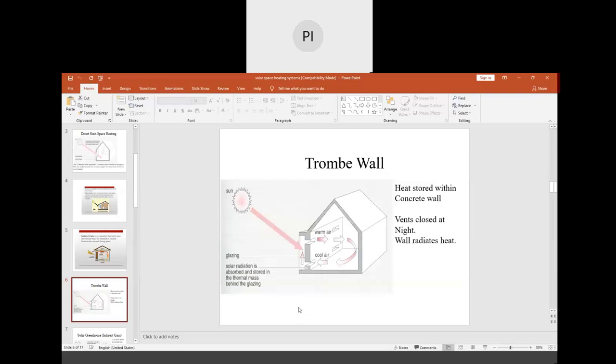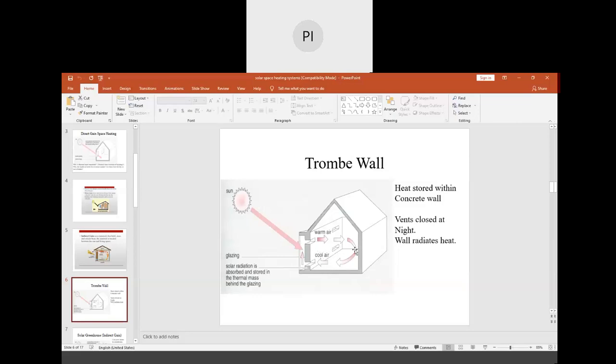Within the concrete wall, we observe that solar radiation is incident on the concrete, absorbed, and stored in a thermal mass behind the casing. Here is the glass plate and here is the concrete. There is a gap between the glass plate and the glazing, which is an air medium. The solar radiation is absorbed by the concrete itself, which stores that thermal energy for a long time.